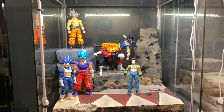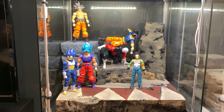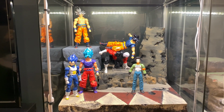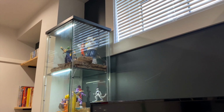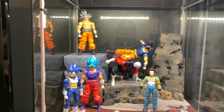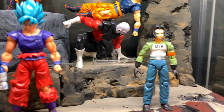All right, guys, here is my Tournament of Power arc diorama. This has long, I would say, been my favorite display in my entire collection. But I think maybe my Saiyan Saga display has surpassed it now. But I do love the way this looks. I changed it up only a tiny bit. I've switched the pose I had